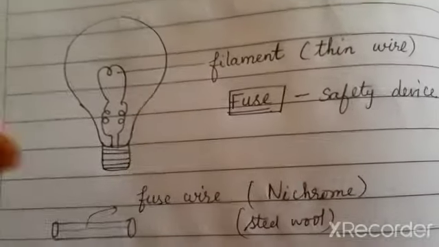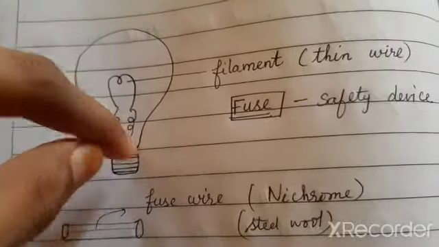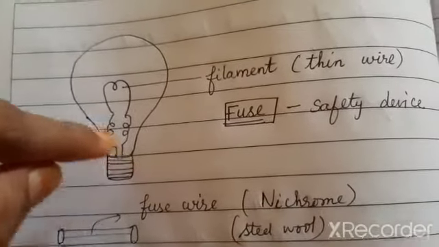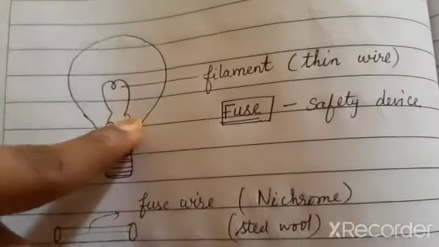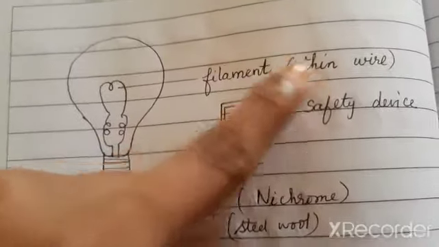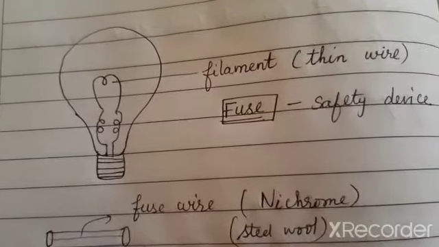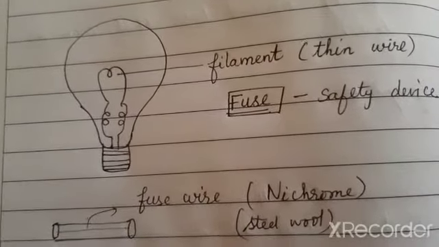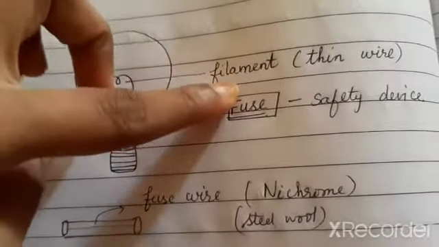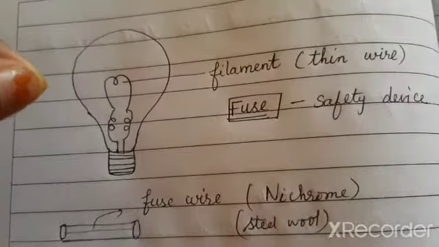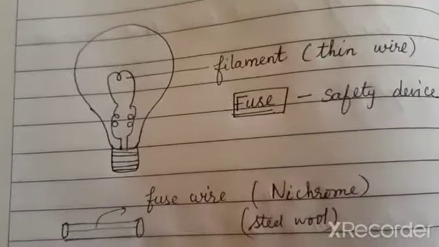Similarly, the electric bulb has an insulation at the end and a glass outer coating, and inside you have the wire which is capable of passing the electricity. That is called the filament. It is a thin wire. This filament carries the charges, and once the switch is on, it enables the bulb to glow. The filament is nothing but a thin stretch of wire bent in a shape like this, and it helps the bulb to glow.